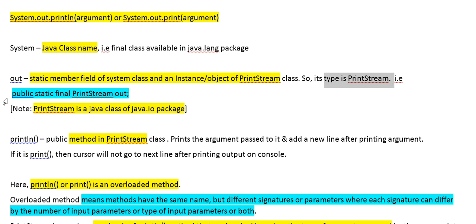It will be declared something like this in the System class: public static final PrintStream out. So out is an instance of PrintStream type that is available in the System class, which is a predefined Java class.